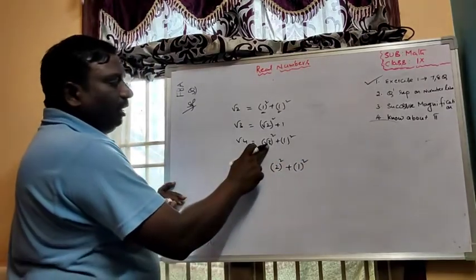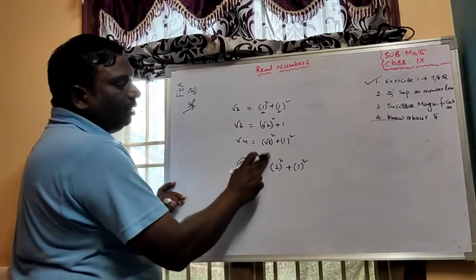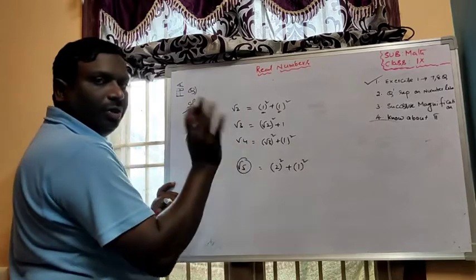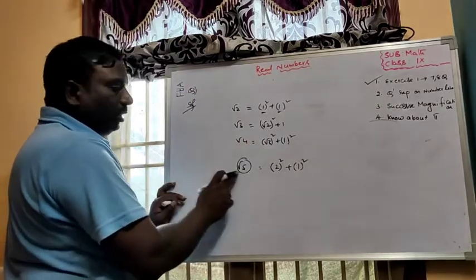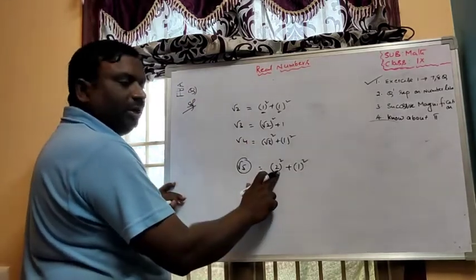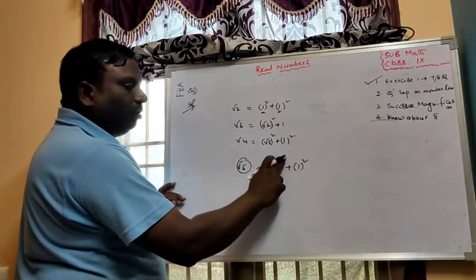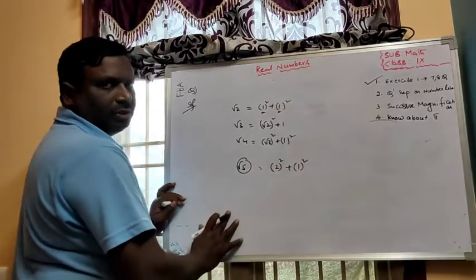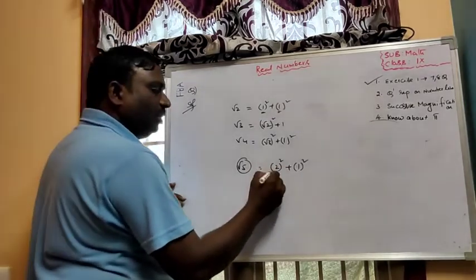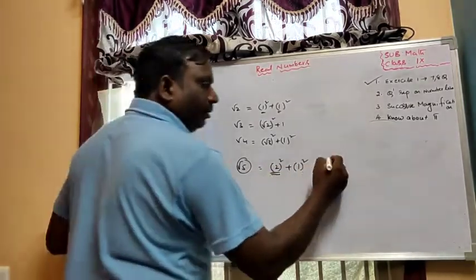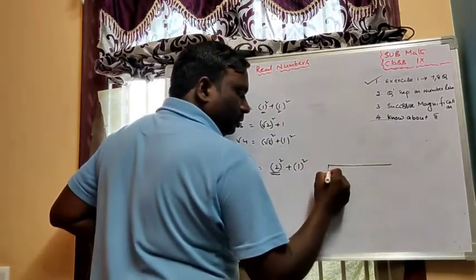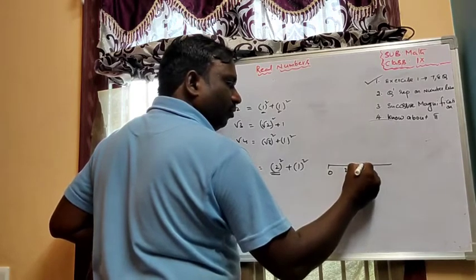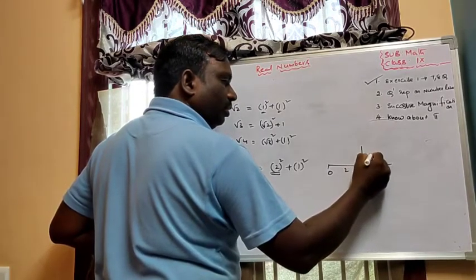But any natural number whole square plus another natural number whole square, we do not get 4 there. To get 5, definitely these two natural numbers, if you take the sum of the squares, you'll get 5. That's why I'm taking 2 square plus 1 square. This is on the x-axis, a number line. See there, 0, A, that is 2 units. From here onwards, 1 unit.